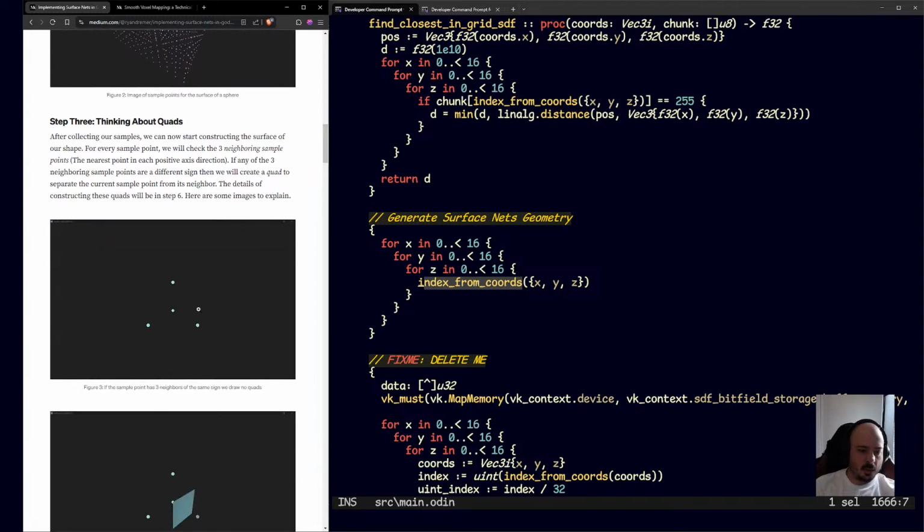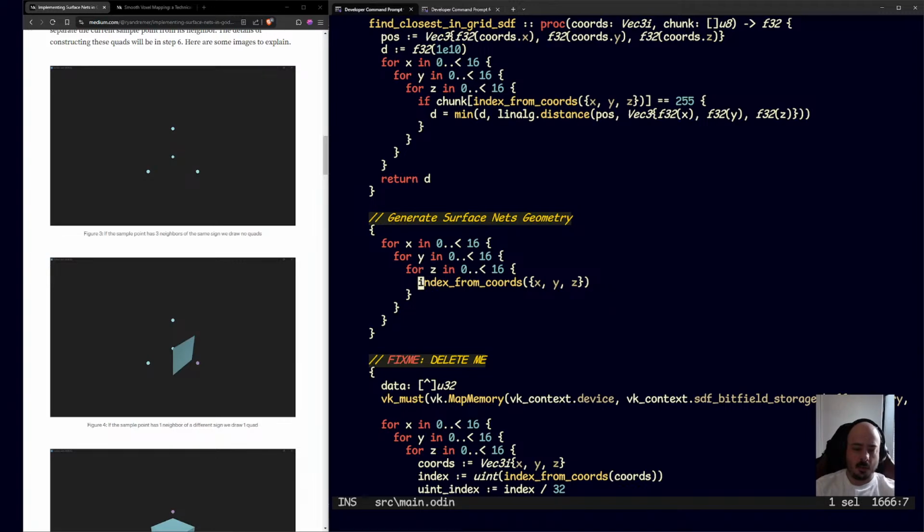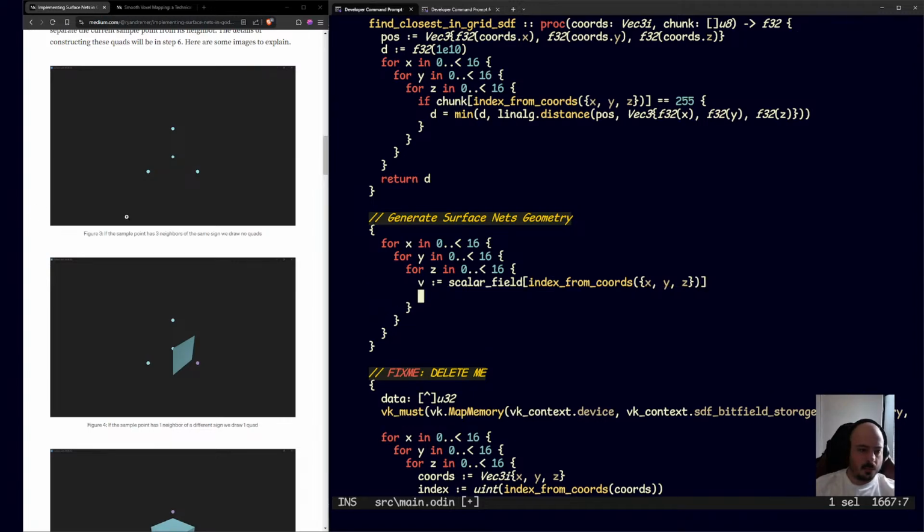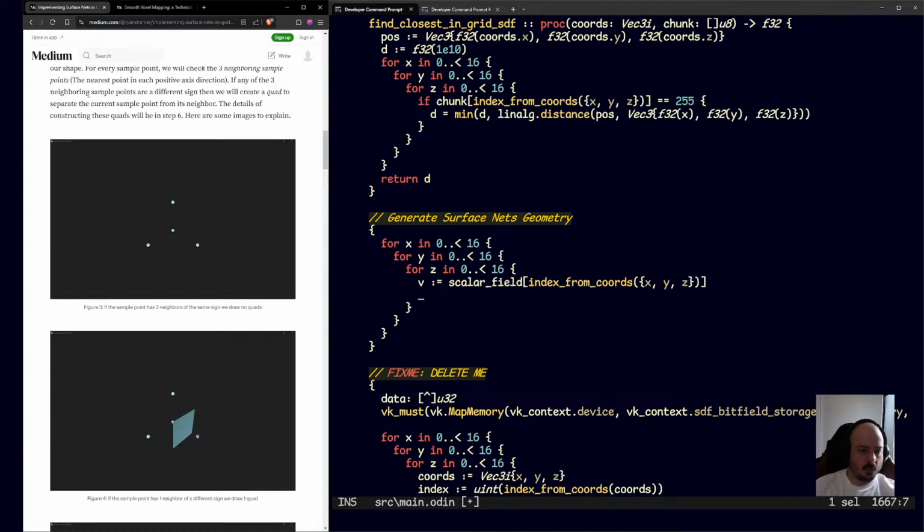Alright, so we're going to get the index and we're going to compare it to its neighbors. So, let's see. I suppose we can just get the value. Scalar field. Okay, I'm going to compare it only to its 3 neighbors in the positive directions. That's the rule. I don't really understand why. In each positive axis direction. Okay. So, I guess we'll call them X, Y, and Z. No, we can't do that. N X, N Y, and N Z, but that's usually normal. Whatever. Scalar